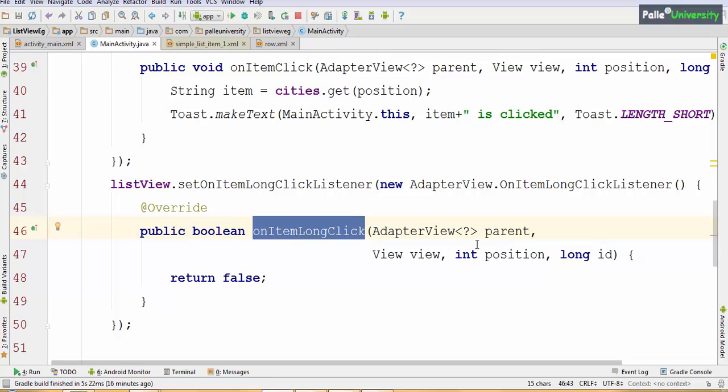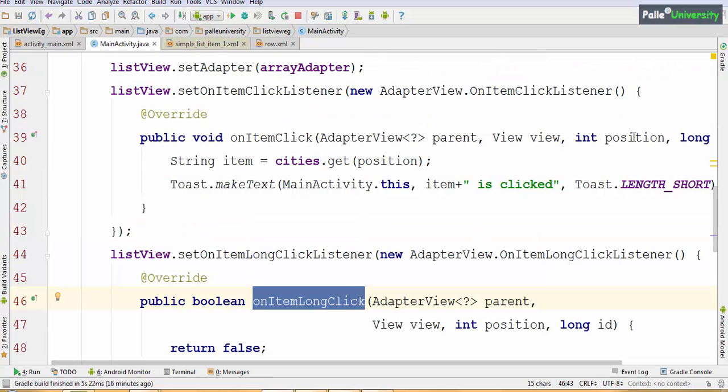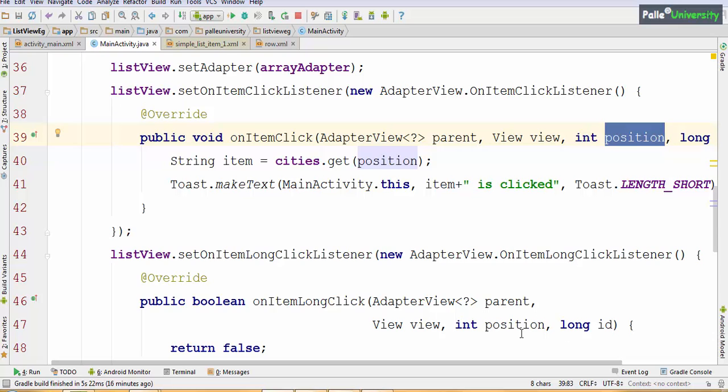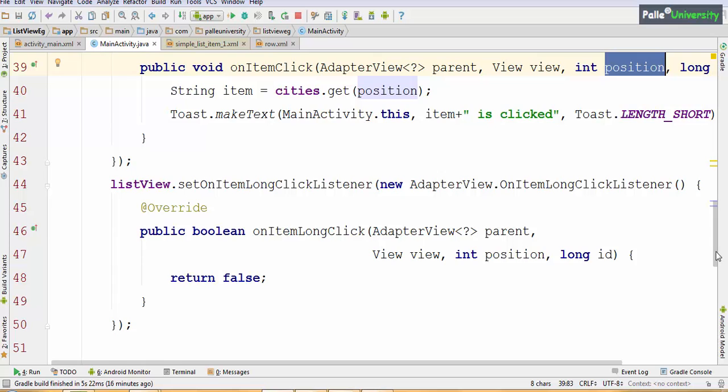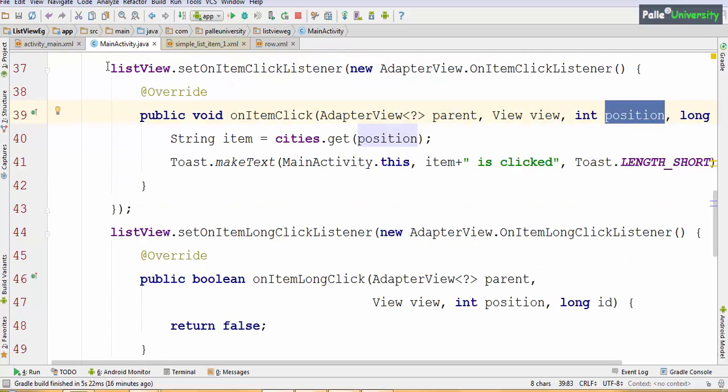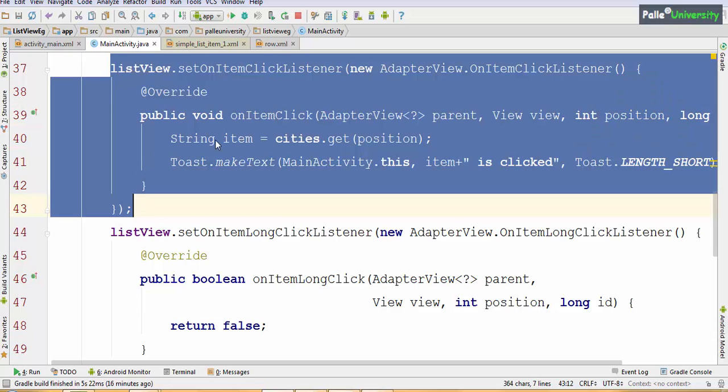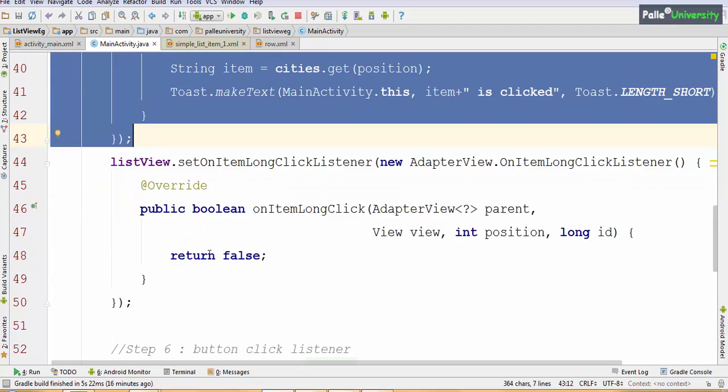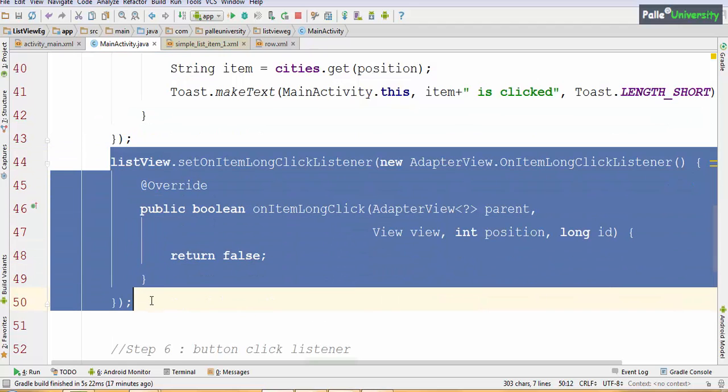The explanation is almost the same. Whatever I have explained for position and ID, you can consider the same explanation for this also. The only difference is, when the user simply clicks on the list view elements, this code will be triggered. When the user long clicks on the list view elements, this code will be triggered.